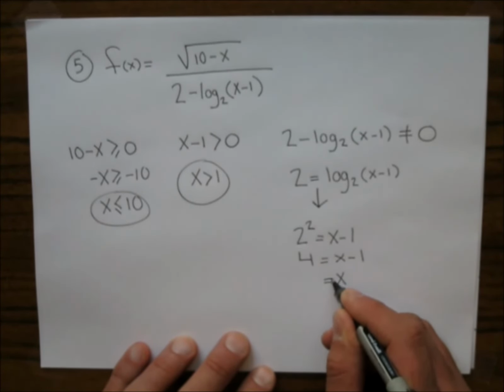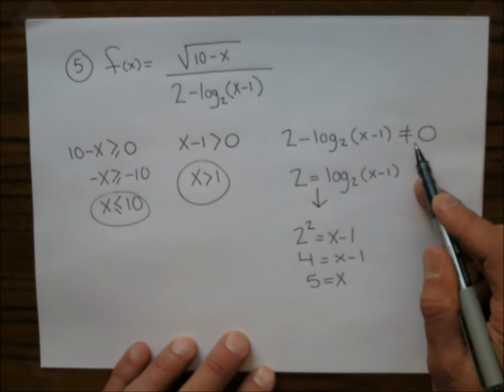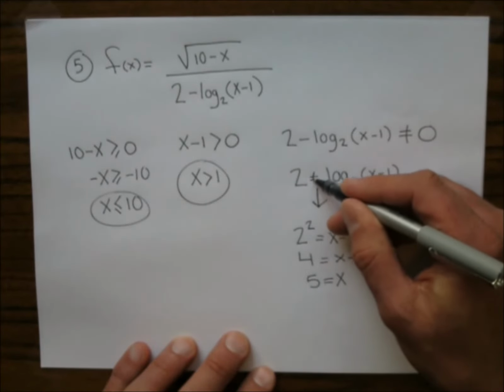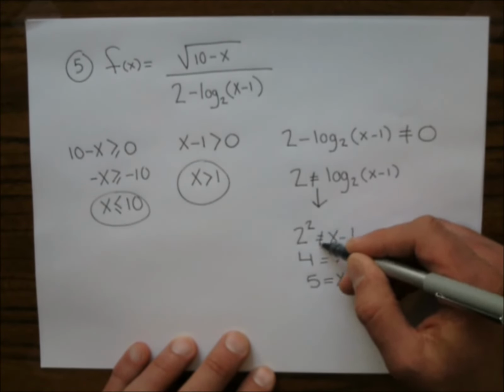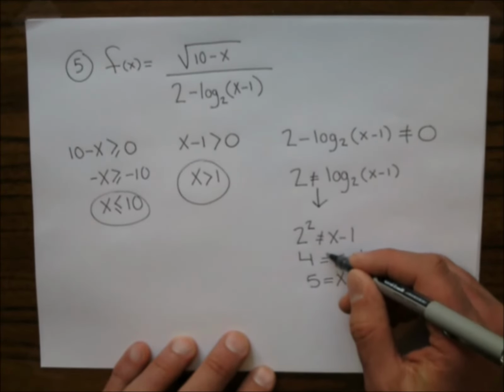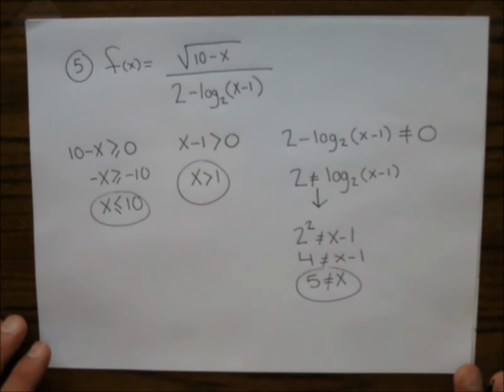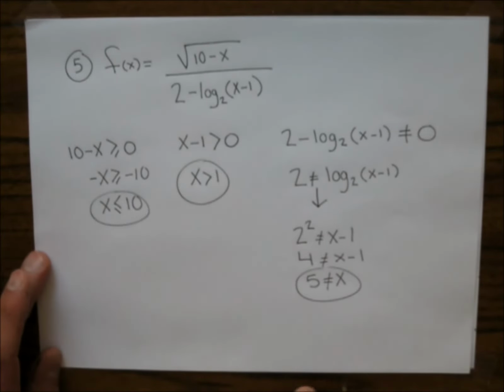X is on the right side. That equals 5. Now all this part where I put equals, I should have put what? Not equals. Not equals. There's the evil Superman and evil Clark Kent, and there it is. So let's put all this together